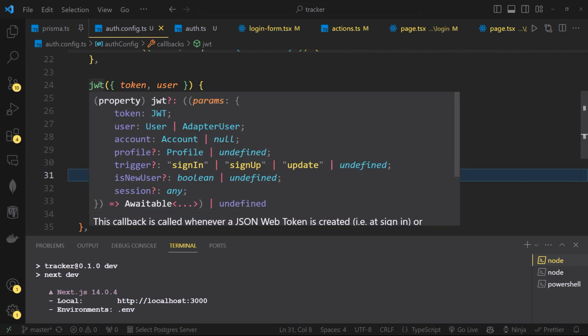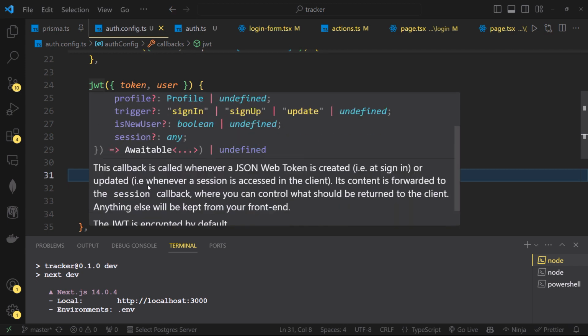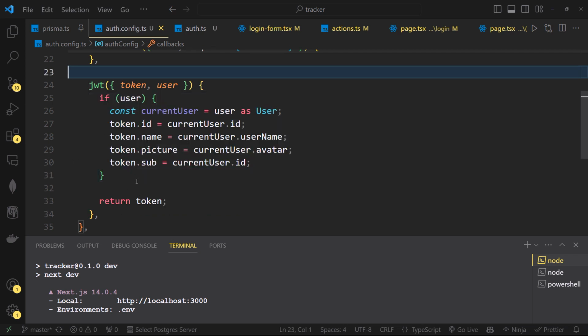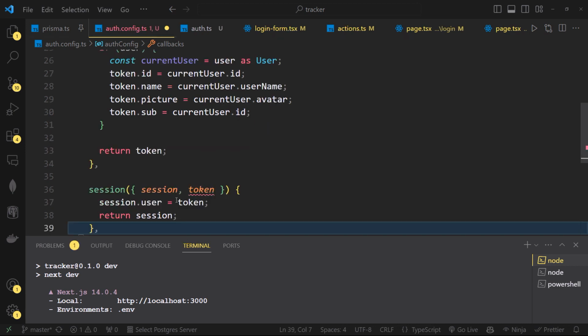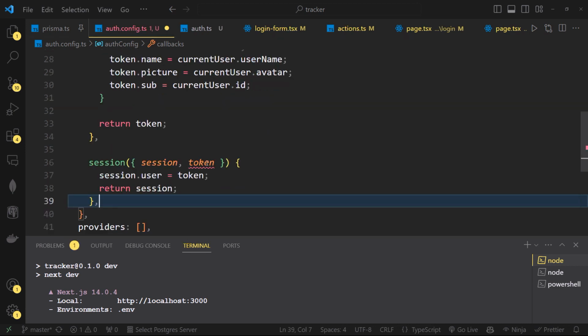Now remember that here they told us that this method, they say its content is forwarded to the session callback, where you can control what should be returned to the client. So you can create another callback here. This is going to be the session callback, and this session callback takes this token. So what I want to do with this session callback is, I'll just check here if